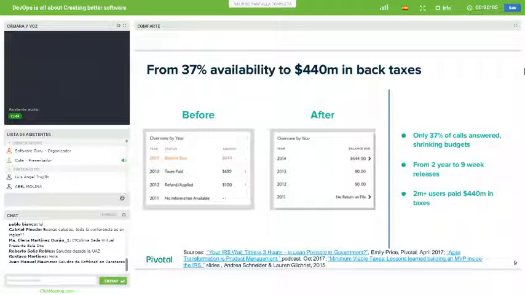delinquent in your taxes. And the way the IRS notifies you, so to speak, of that is every single day they increase the penalty that you owe on your taxes. So people are highly motivated to find out on that day how much taxes they owe so that they can pay that off so that the next day they don't owe more taxes. Now, for a long time, the way the IRS solved this problem is they had a call center.